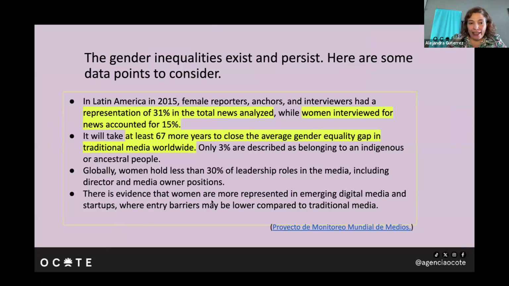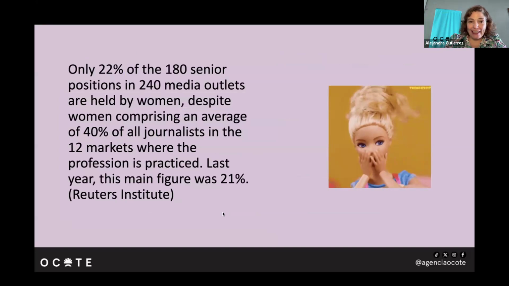Esto tiene una importancia muy radical, que es que las mujeres no están tomando decisiones sobre la agenda de lo que cuentan los medios de comunicación, lo que se cubre, las narrativas, etcétera. Entonces, en Ocote nos parecía importante